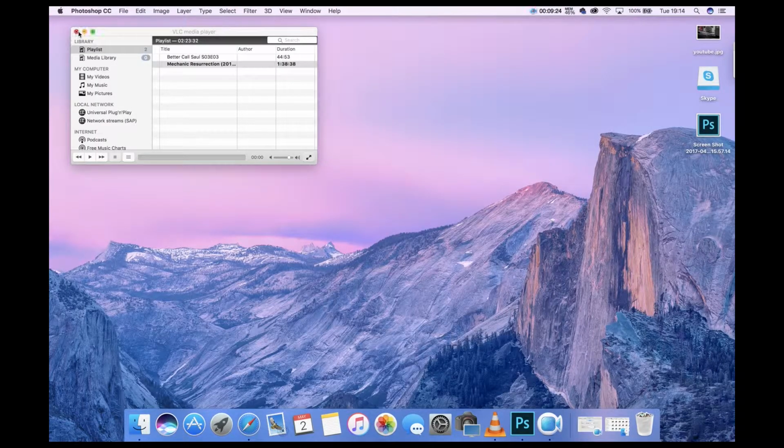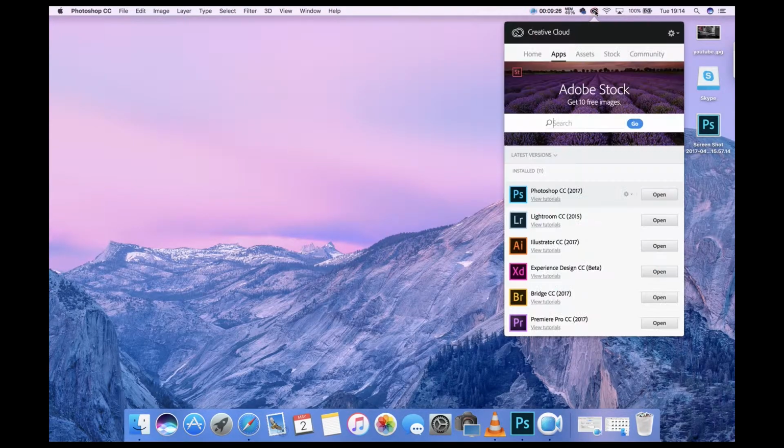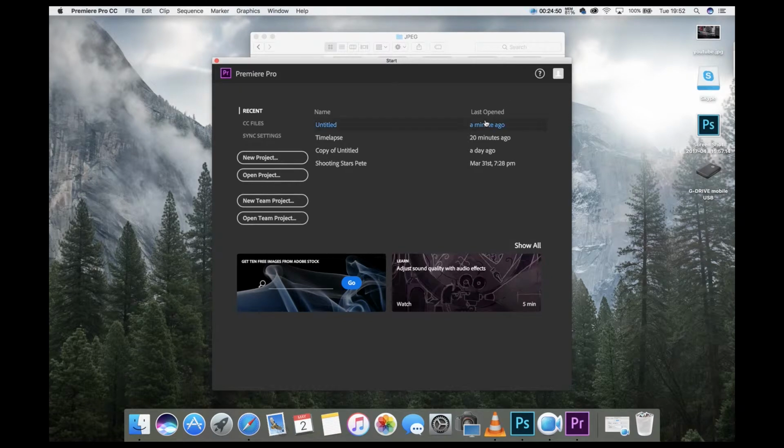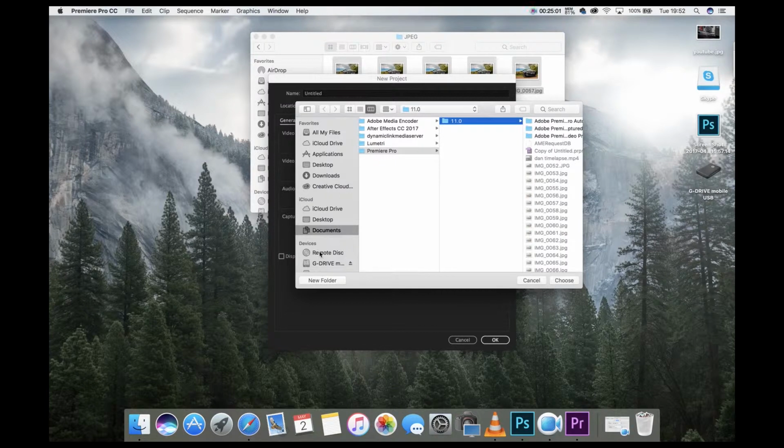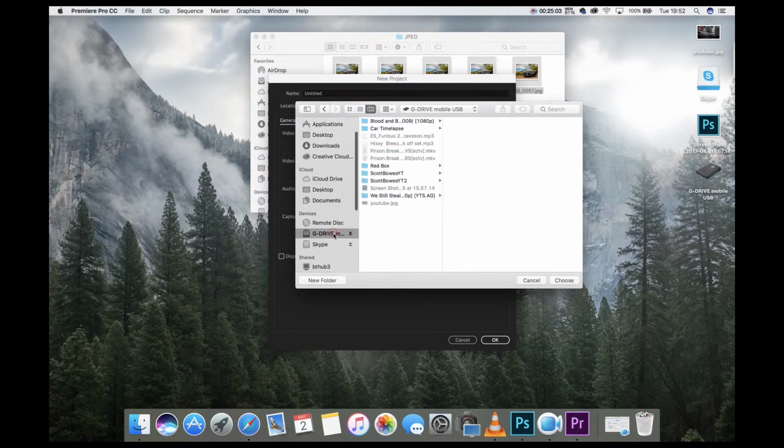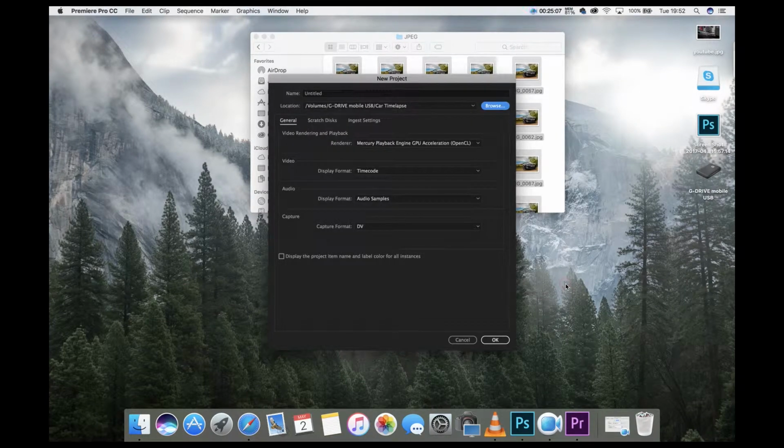and we'll head to Adobe Creative Cloud and open up Premiere Pro. Right, so now we're open Premiere Pro. Let's go to New Project and change the folder location because I don't want it on the hard drive, I want it on my G drive. I've already set up a folder for this called Car Time-lapse. We'll choose that folder and we'll name it time-lapse